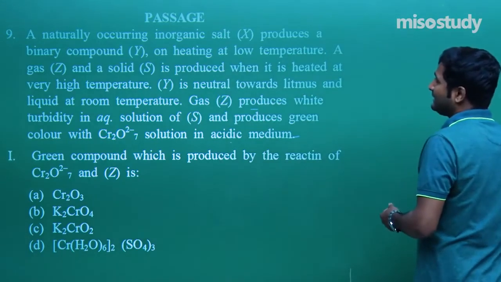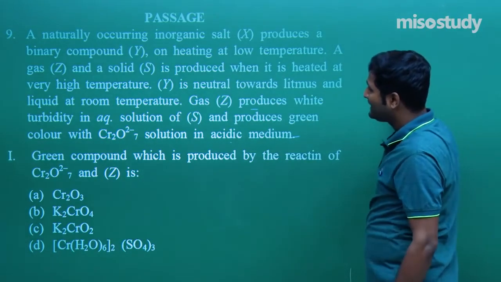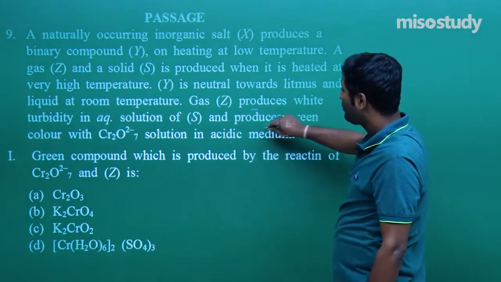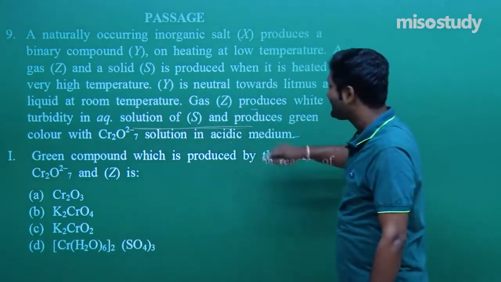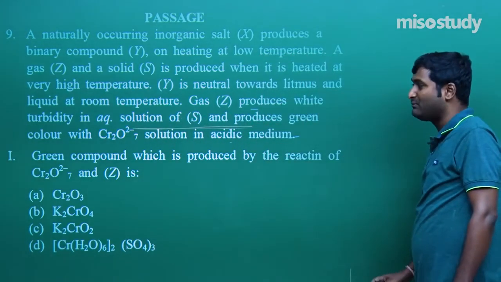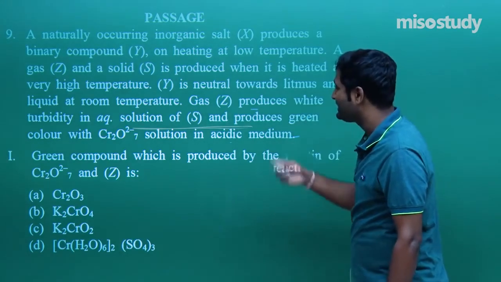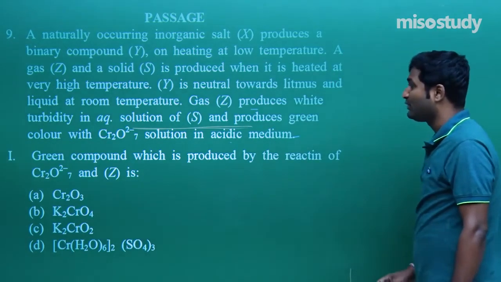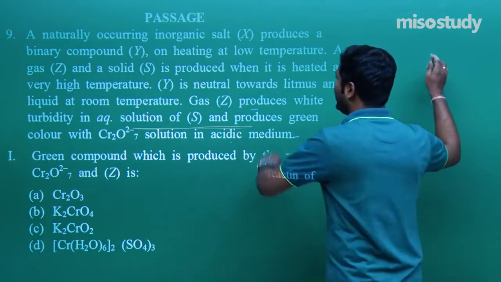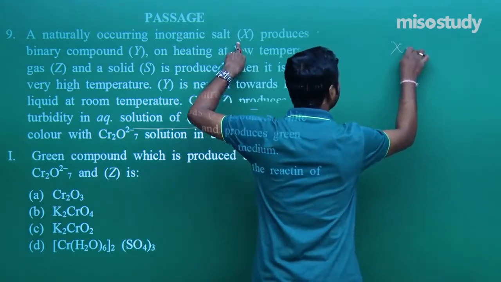Look at the component, because here it is given that it is an aqueous solution of S. S is not Na2O, not MgO. S is definitely CaO. Due to this reason, it gives white turbidity. And look at what I'm telling. The salt X is